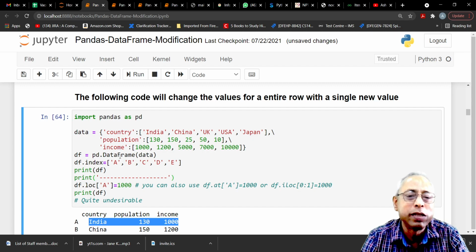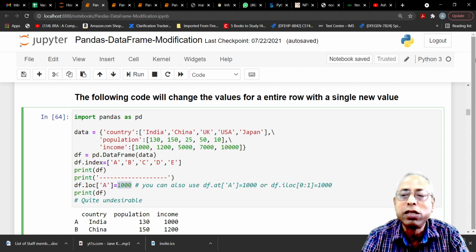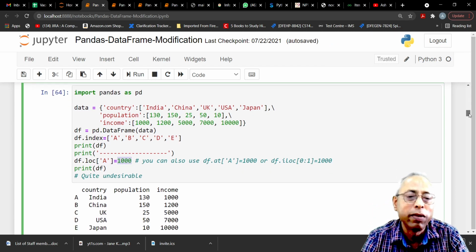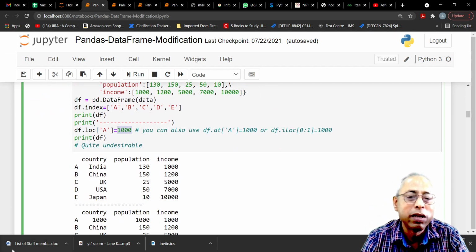I provide to the loc attribute of the data frame the row index A and a value 1000, and we see the change: country is 1000, population is 1000, and income is 1000, which is not acceptable. We don't desire such a change. We are basically destroying the integrity of the data frame.